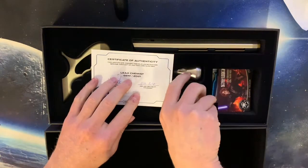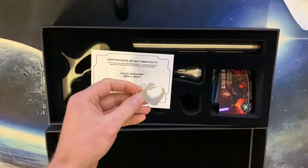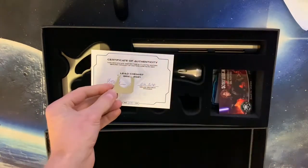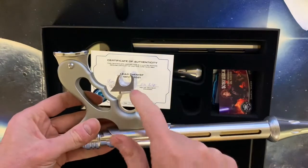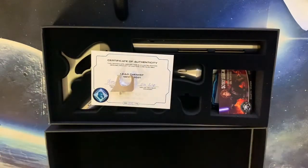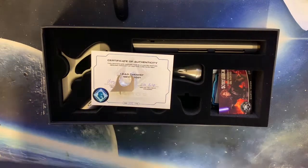You have one with an open trigger here, so the bottom is open, and your second one, which I've already assembled, if you got a pair, has this closed trigger. If you've only gotten one, you may have one or the other. So let's go ahead and get this